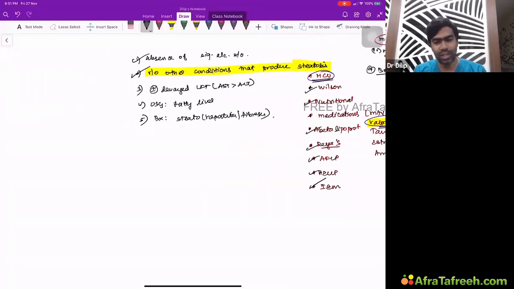Along with that, you have to rule out significant alcohol use. Along with it, you might have deranged LFTs where AST will be more than ALT, and ultrasound will definitely show fatty liver, and MRI and CT will all show excessive fat in the liver, and biopsy will show either steatosis or steatohepatitis or sometimes fibrosis. All these three things can be there in the same patient.